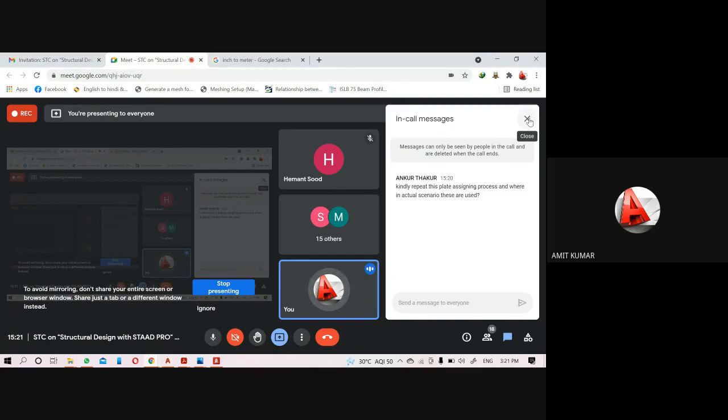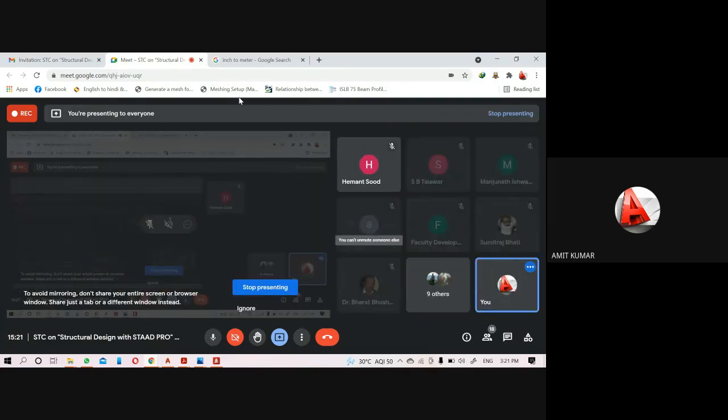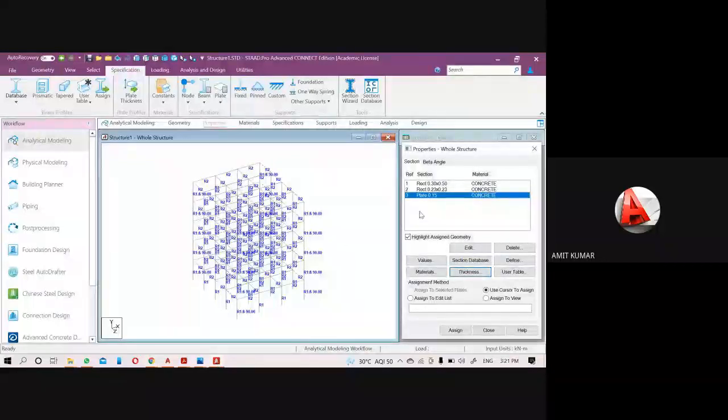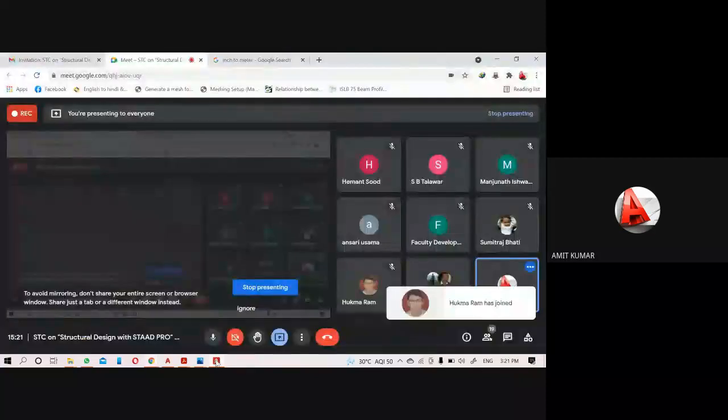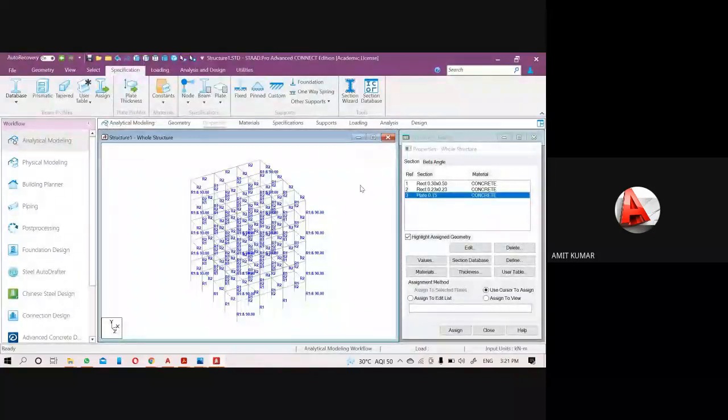When I do the concrete design, I'm just going to repeat how we create this. Okay, so the assigning process is still pending. I didn't assign the plate thickness here. So I just create the plate. So I think Mr. Ankur, you are asking for creation of the plate, not the assignment process, because I didn't assign the thickness here.